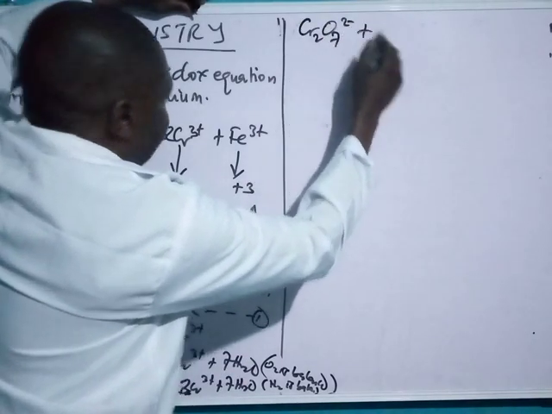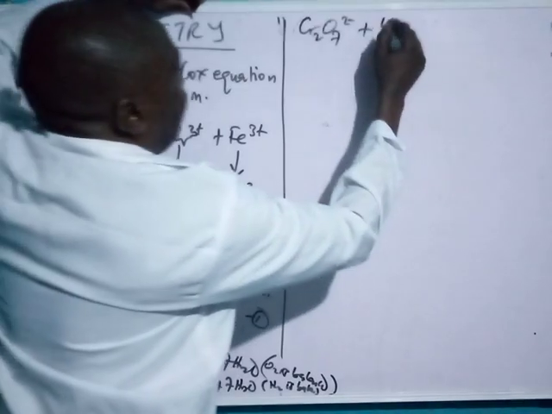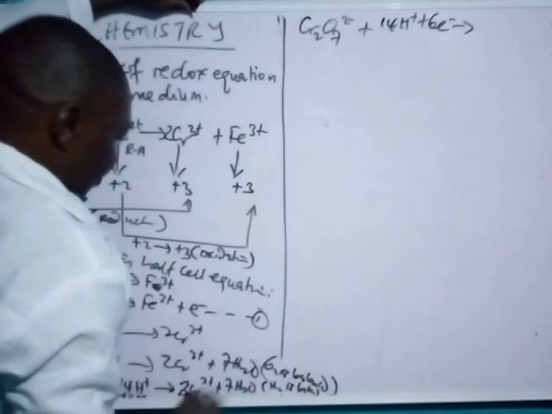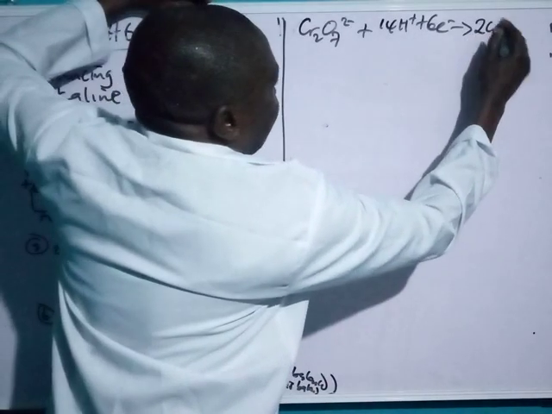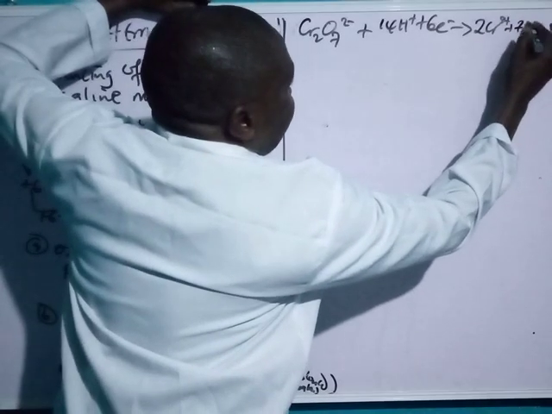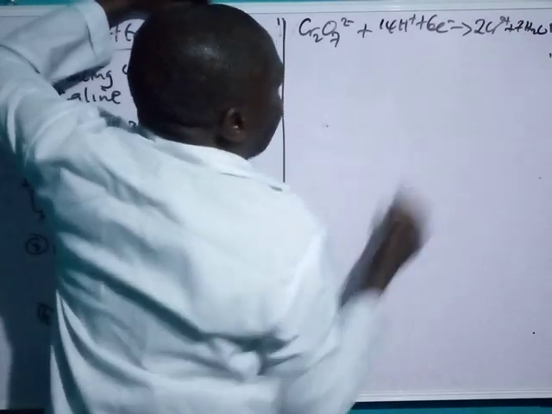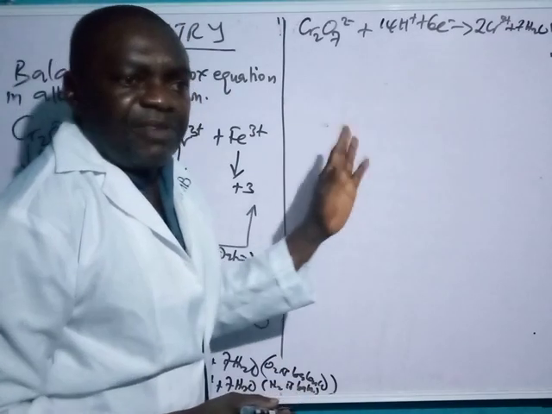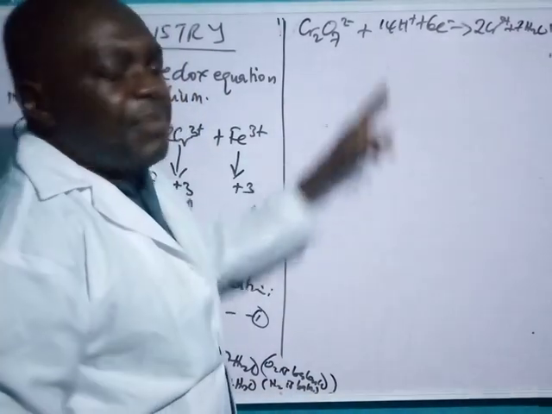Cr2O7 2- + 14H+ + 6e- gives 2Cr3+ + 7H2O. That's what you now have. Now, we have got to the stage which is very, very important, because it's this stage that determines